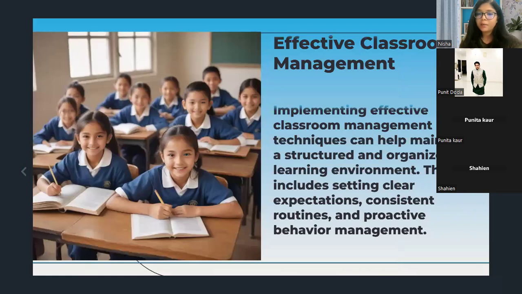Effective classroom management is also one of the strategies which can be implemented to create a positive classroom culture. Effective classroom management involves setting clear expectations, maintaining consistent routines, and managing behavior proactively.